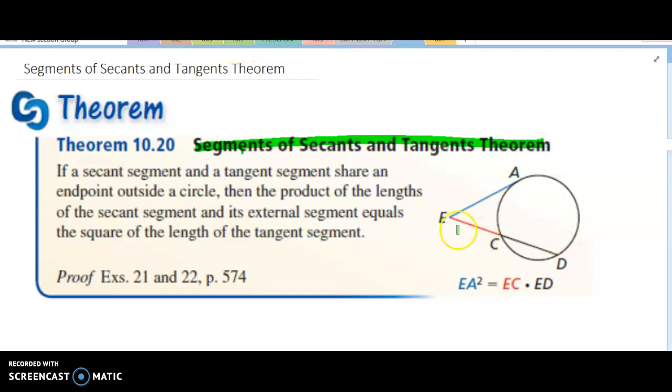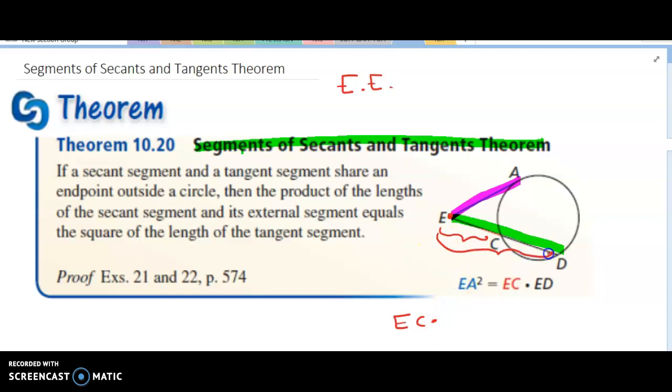So basically, it's when you have one secant segment and then you also have one tangent segment. So remember when I said they intersect on the outside to think of double E? Okay, well, the same thing applies here. There's one reason I teach that, and it's because nothing changes here. Okay, so double E, so exterior is EC